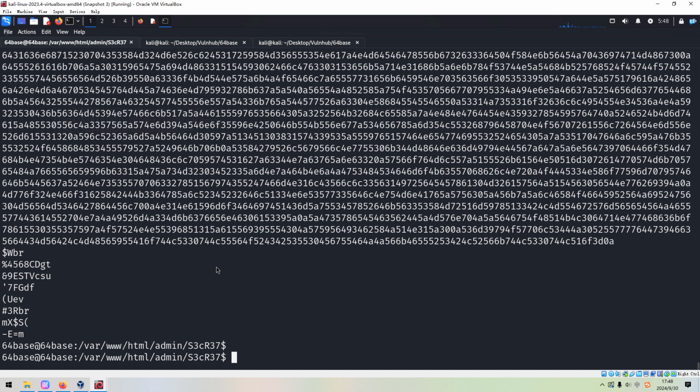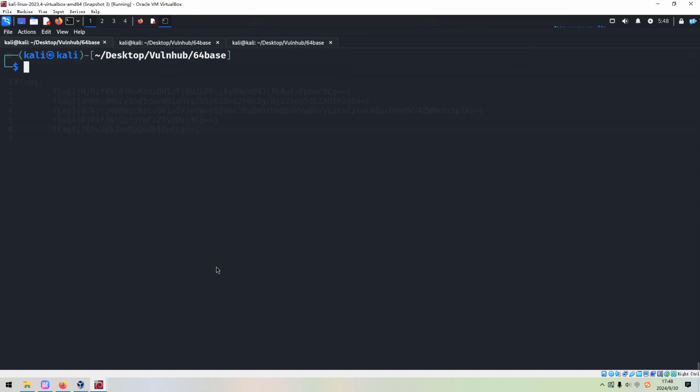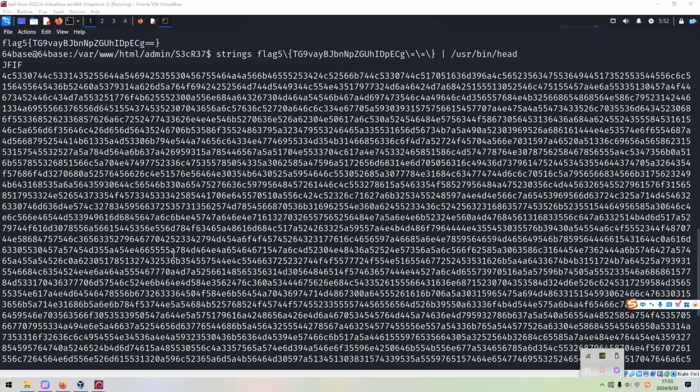Maybe we need to exit, and we can copy the password again. But my Linux has a problem. Terrible. I need to sort it out first. I will come back. See you there. Okay, I'm back. After I restarted my Linux, then we can go on.